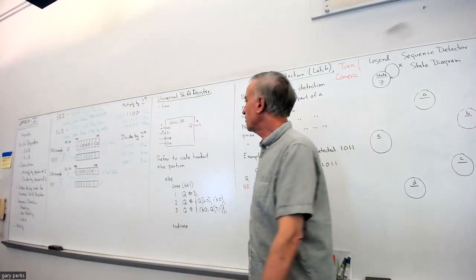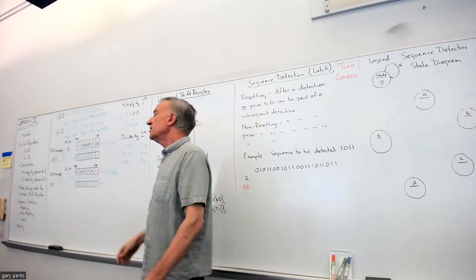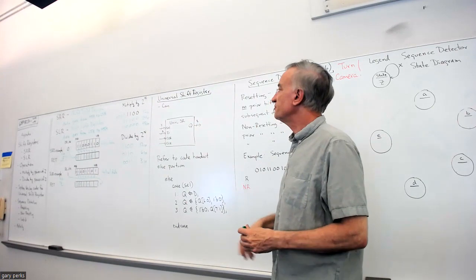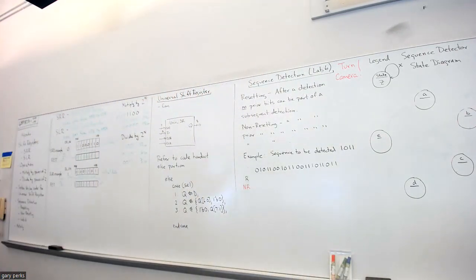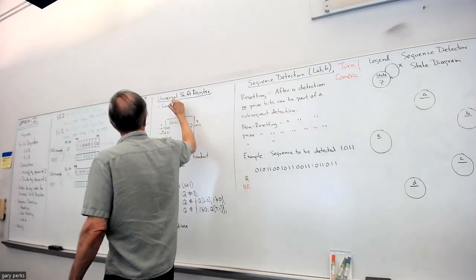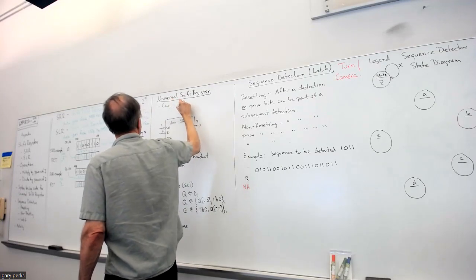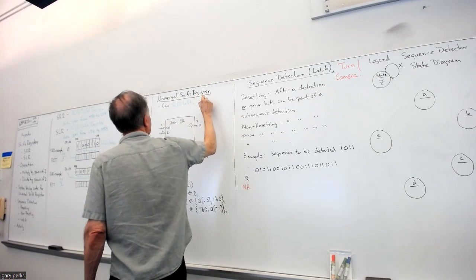Okay, any questions up to this point? All right, the next thing is this universal shift register. What's meant by a universal shift register is that it can do shifting in either direction, and also it can act like a memory register. So a universal shift register can shift left, it can shift right,